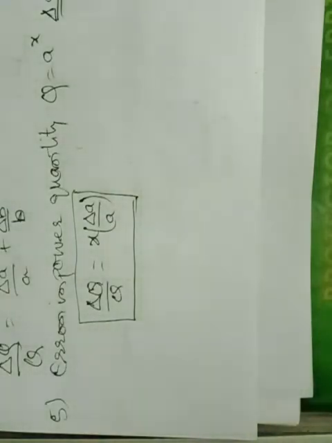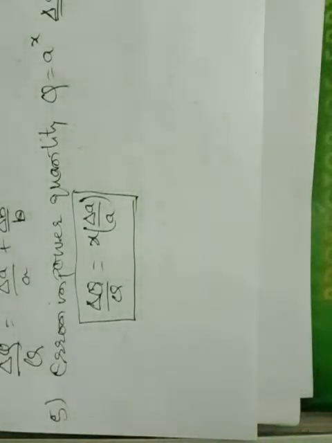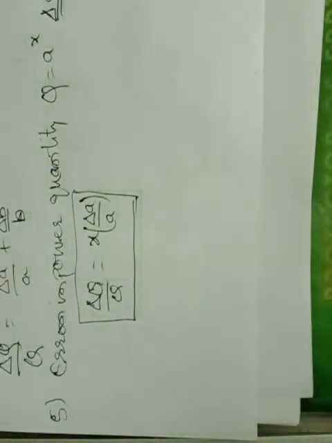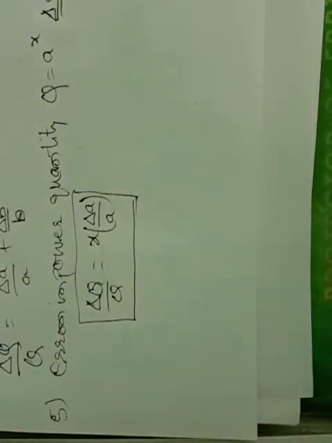So the next topic is significant figures. What is a significant figure? It is a method of expressing a physical quantity correctly. The digits required to express a physical quantity correctly are called significant figures. With the help of significant figures, we will get to what extent the physical quantity is readable.